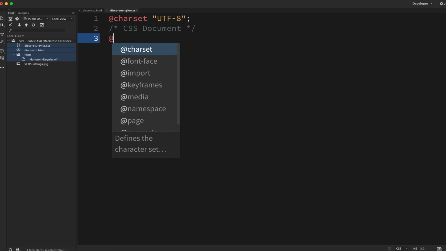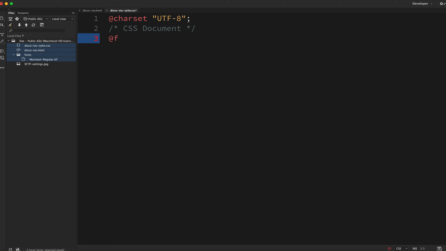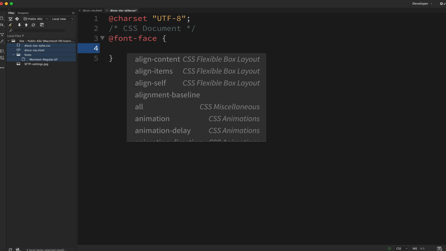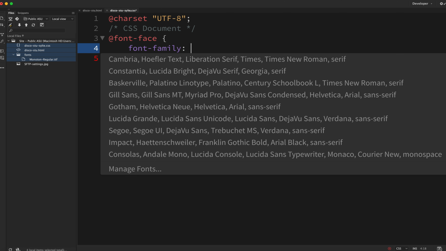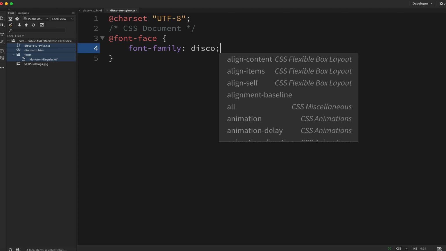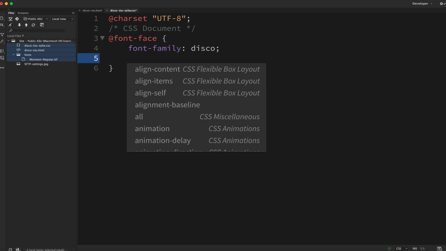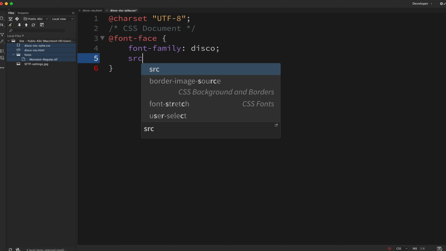So let's go back into my coding document, and I'm going to go ahead and use the at-rule @font-face. I'm going to spell it right though. @font-face, and this is going to reference that font that we want. So we're going to start with font-family, and we're going to give that font family a name. We can give it whatever name we want. So we know that our font's name is Montone, but I just want to call it Disco. So I'm telling the rule right now, the declaration, that I want to call this font family that I'm about to give you Disco.